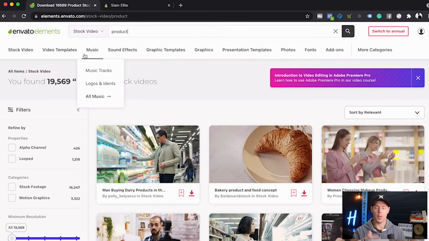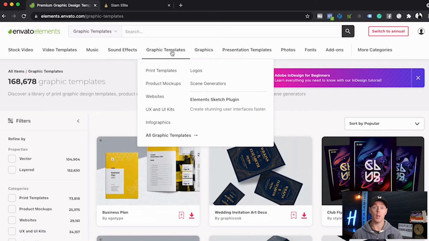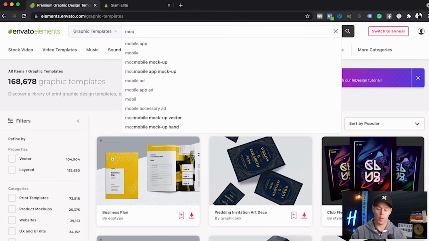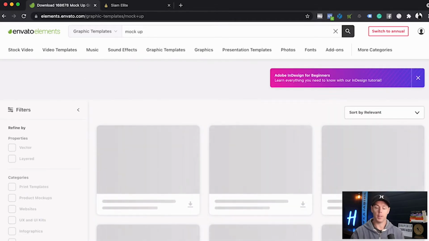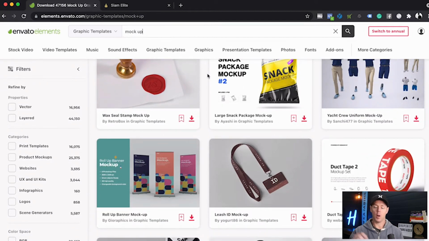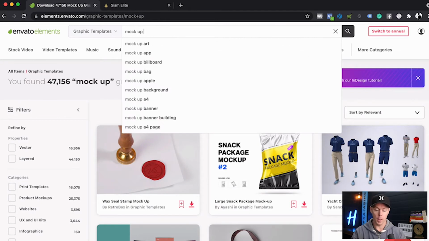You can see they've got music and sound effects and all those sorts of things, but the graphic templates is something that I use a fair bit, mainly because you can do product mock-ups in here. So if I select graphic templates and go to mock-up, you can see it'll bring up a whole heap of different product mock-ups. So you can select what kind of mock-up you want as well. If you want a mock-up of a can,